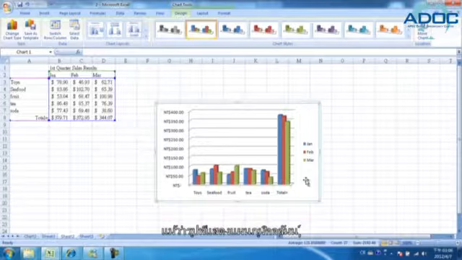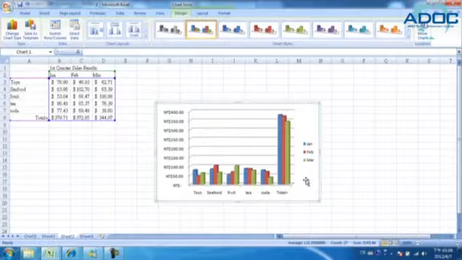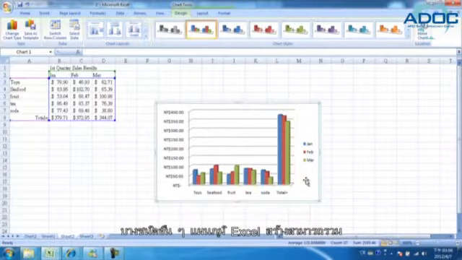Although the figure shows a column chart, Excel can create a variety of other types of charts so you can look at your data in different ways. Some other types of charts Excel can create include: